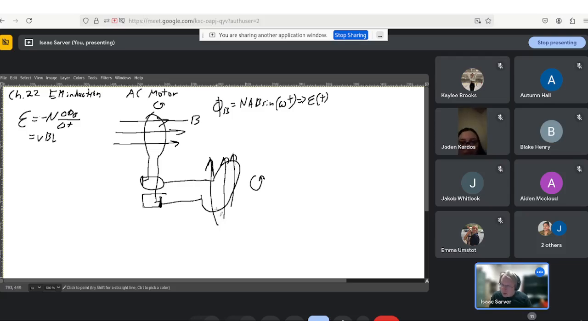But this time, what's going on here isn't that we're generating power in here. What's going on here is that this time it's rotating